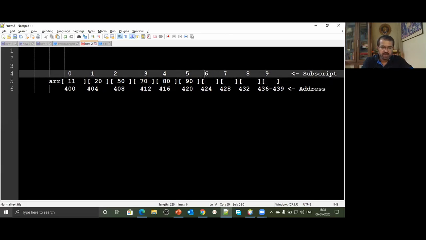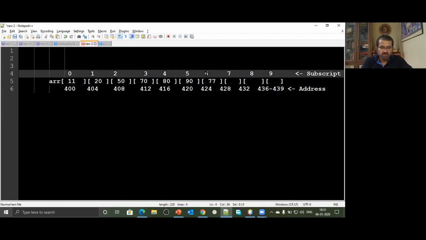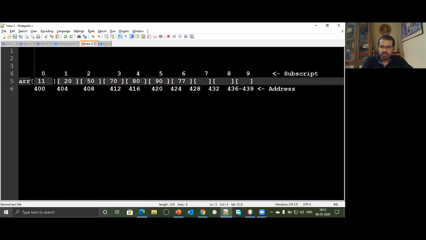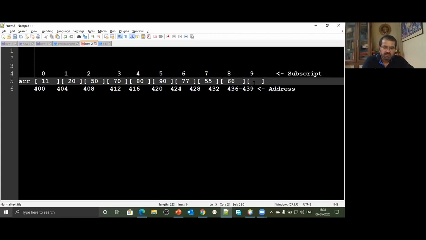Then the next variable I store, suppose, 77. The 7th location I store the value 55, suppose. Next location I store 66. I'm just storing some random values. And the last location, say I store 45.